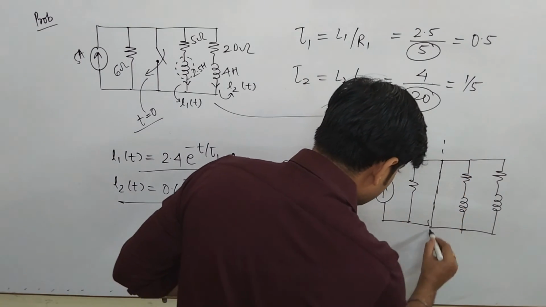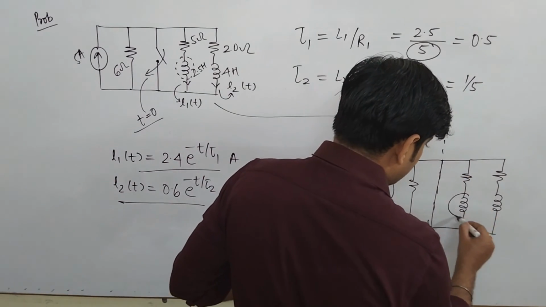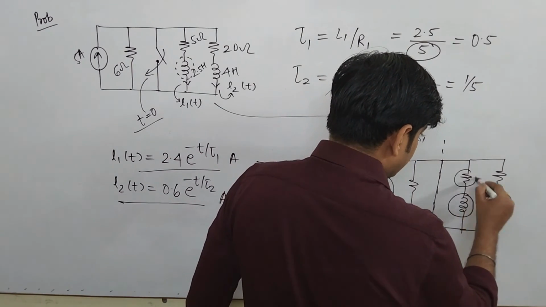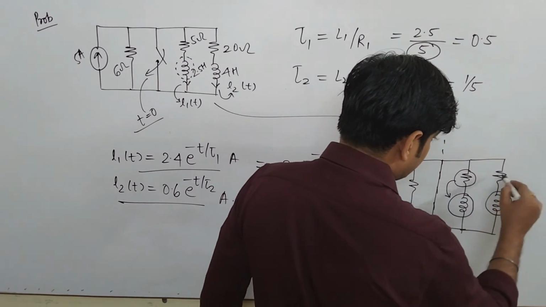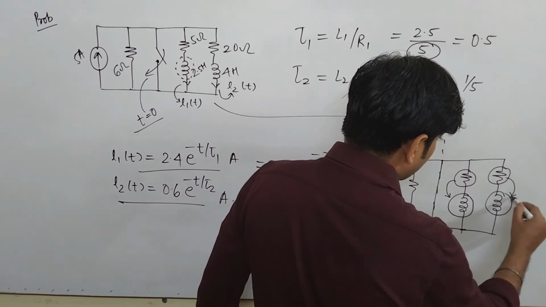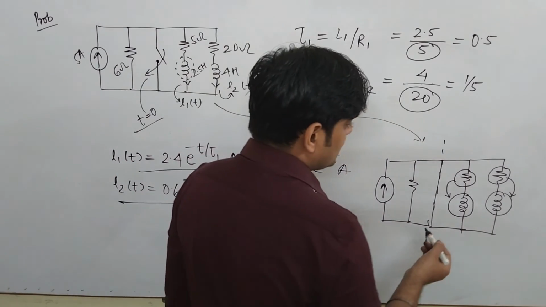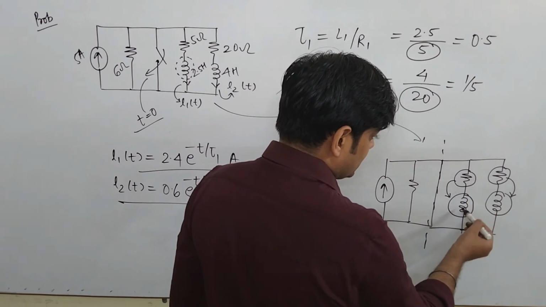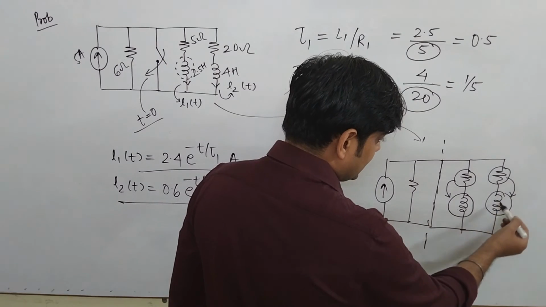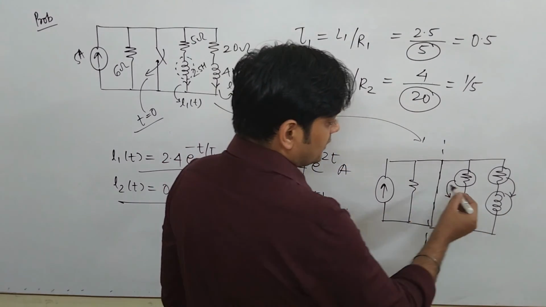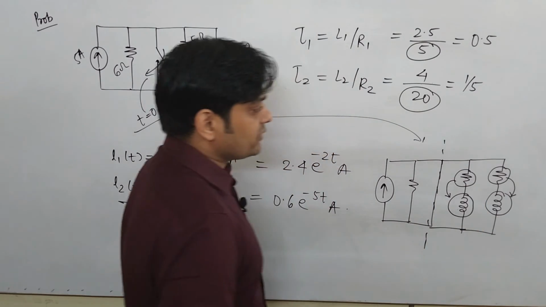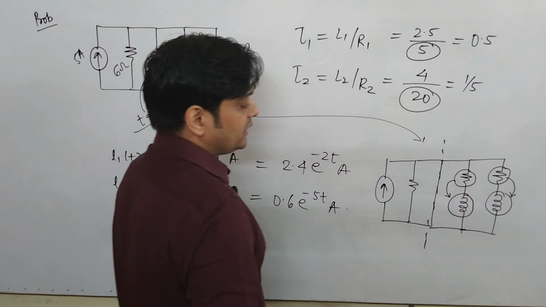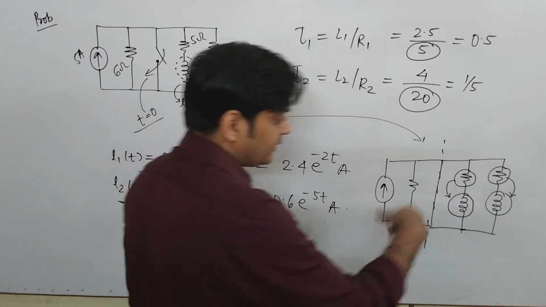So under this type of circumstances, whatever the energy absorption and dissipation take place across the inductor, this resistance will play an important role for this inductor. Similarly, this resistance will play an important role for this inductor. It means mainly during the energy transformation phase, this resistance individually for this inductor and this resistance individually for this inductor will play the most important role and will take part in charging and discharging, or you can say the conversions of magnetic energy. And that's why finding out the time constant considering this resistance is the concept behind the entire problem.